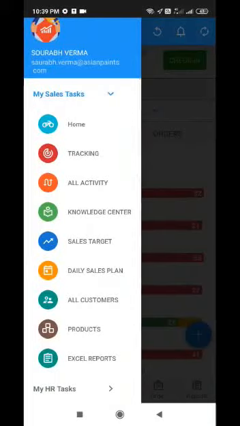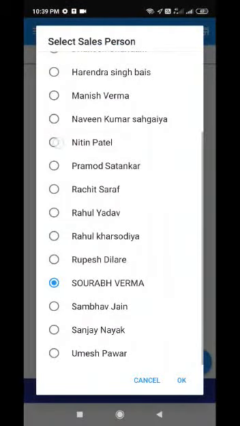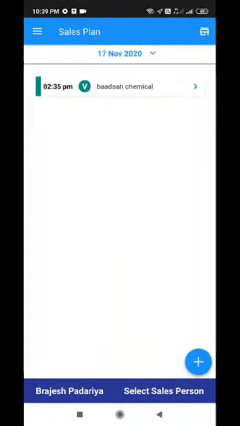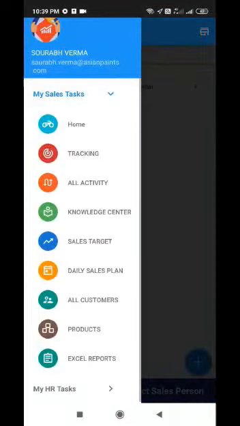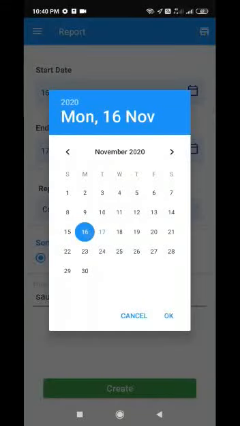Now there's a very important task, especially distributors will need to do, which is to export all the orders. As well, if you want to see the sales plan of your team, there is a sales plan tab under the main menu on the left. You can select any person and see what visits he has planned for today, which are still pending. You can even see the plan for a future date, the visits planned by any salesperson under sales plan. This same sales plan is the home screen of the frontline sales executives.